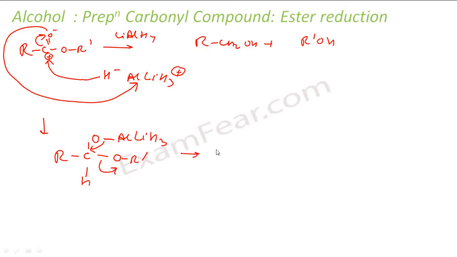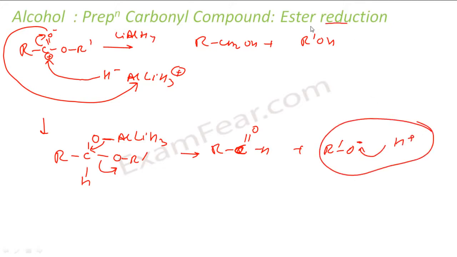So what will happen here is, you get RC double bond O, and it will have H, and here R dash O minus will leave. In this again you can do a protonation of this to get R dash OH. So this is formed,